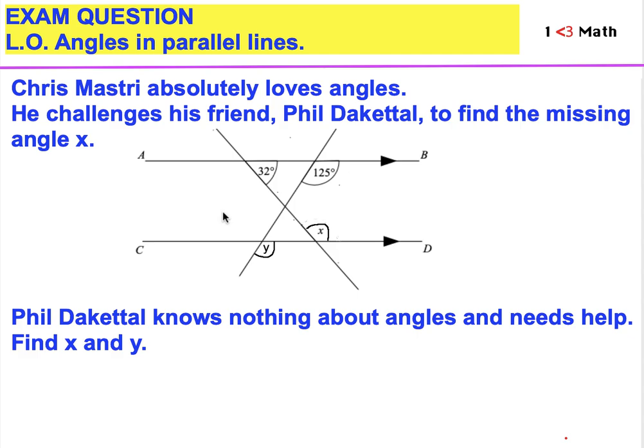Right, so maybe you've had a go at this question now. Now you can check your answers using my solutions. So, we're going to think about angles between parallel lines. Now, there's two very important rules that we can use here. And the first one